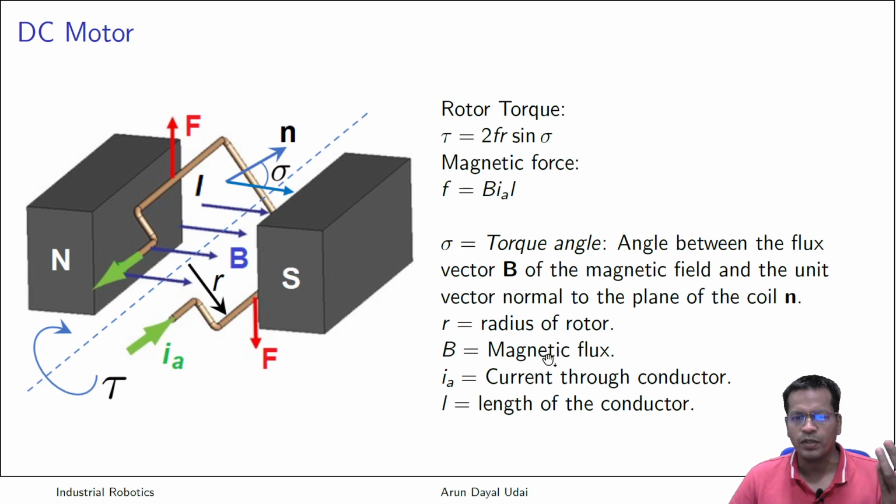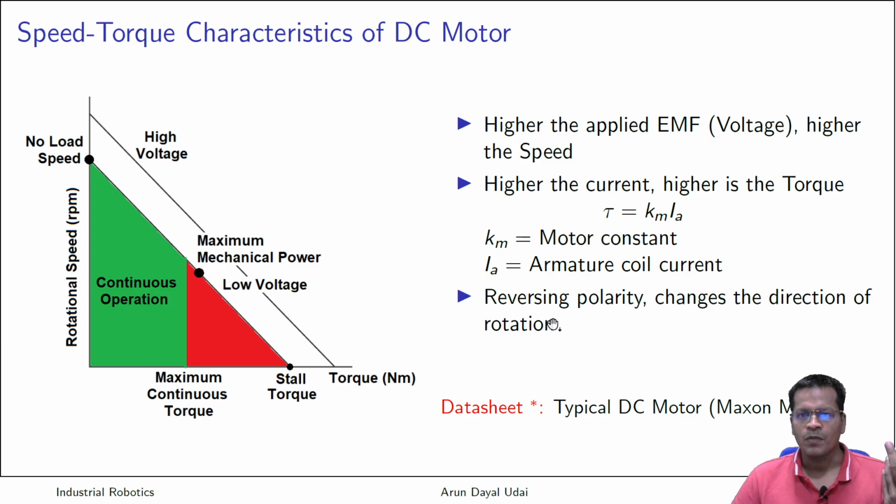Another similar one is in case of DC motor, higher is the voltage, higher is the speed of the DC motor. That is one very good thing about DC motor. Higher is the EMF, higher is the speed, applied voltage, and then higher is the current, higher is the torque. So you see, you can change both. You can change the speed, you can change the torque, which can be felt if you stop that, that is the maximum torque that you can feel. Keep on increasing the current, you will keep seeing that.